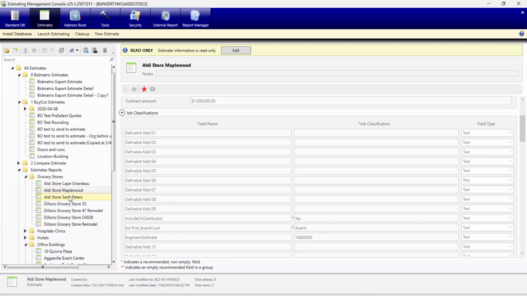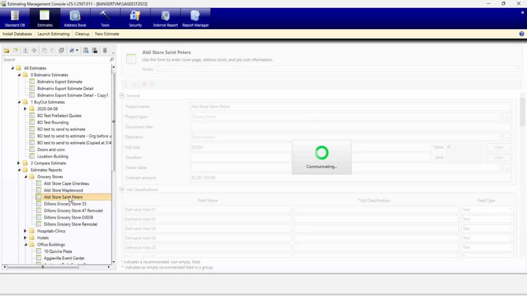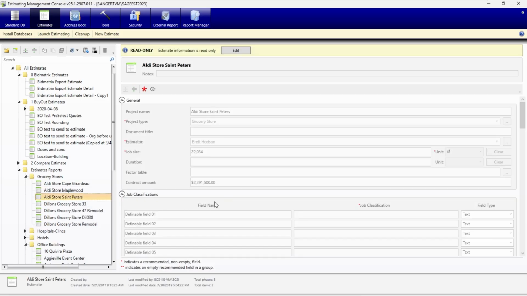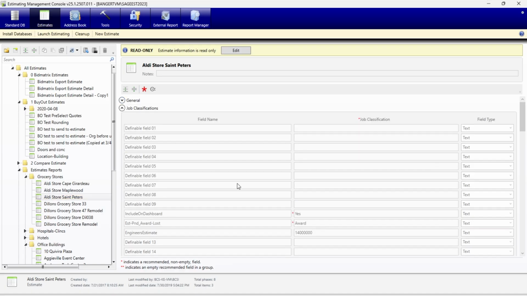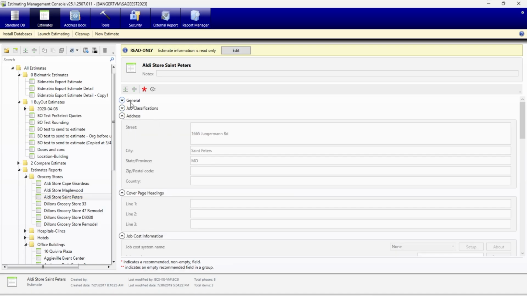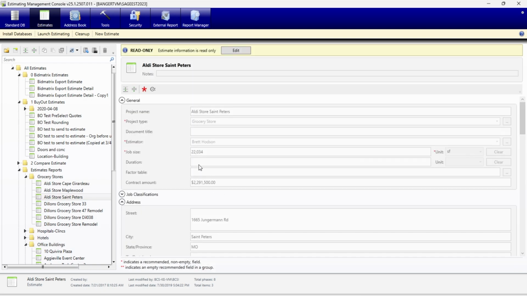But the main thing here is it's a lot quicker just to go ahead and tag an estimate, hit edit, and come in here and modify something. So that way, if I want to go through and, hey, I want to come in and put what types of projects these are, maybe I'm going to keep my general open and come down through the project types and be able to change one project type, go off and save it, edit it, change another project type, and change these up pretty quick.